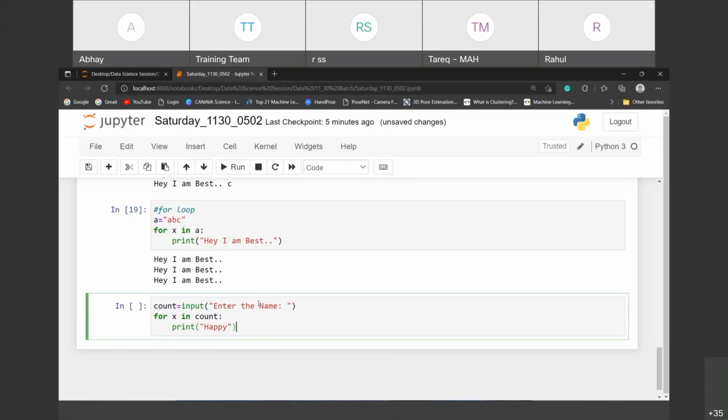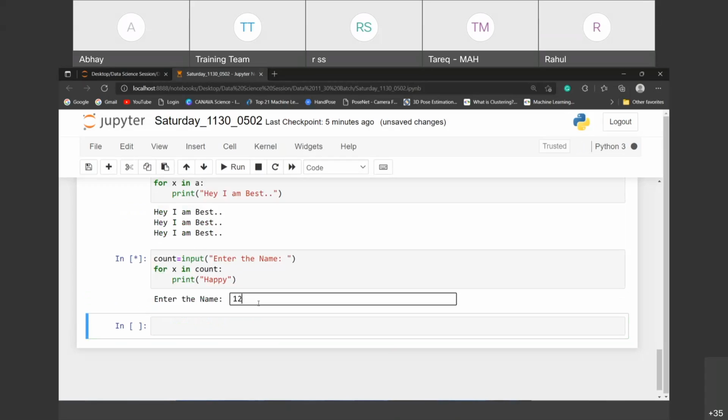Okay, check out now. I will pass the 5. So when I enter 5, how many times will this happy print? 5.